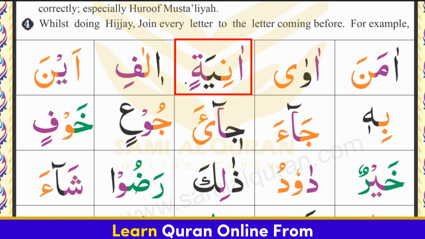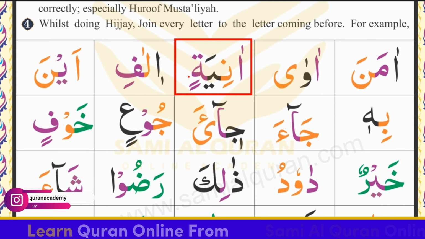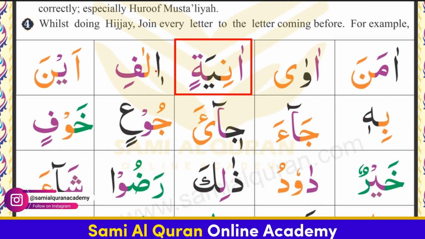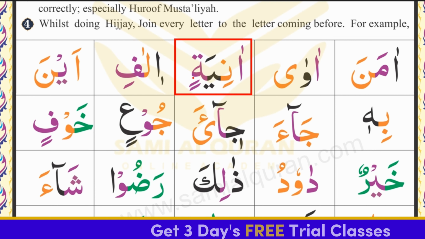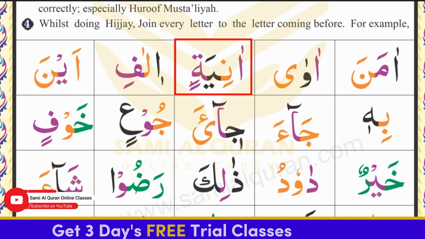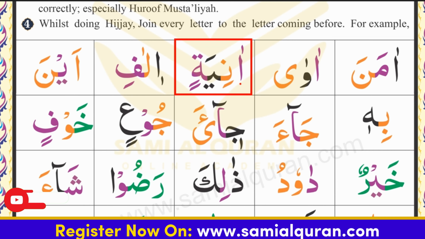Ta double kasratin. And here, this tanween we read without gunna because after tanween comes hamza, which is a halqi letter. So that's why this ta we read without gunna, as we read ta double kasratin, aniyatin, aniyatin, waqfan,